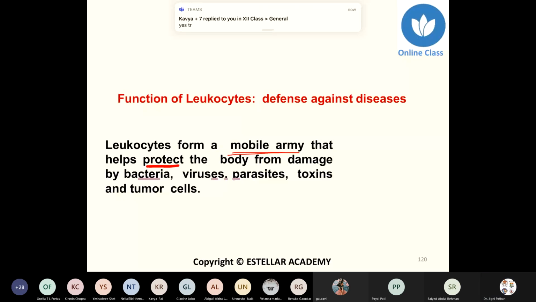Okay. Next. Function of leukocytes, as I said. The first is the shape. Shape is irregular and polymorphic nucleus. Size,